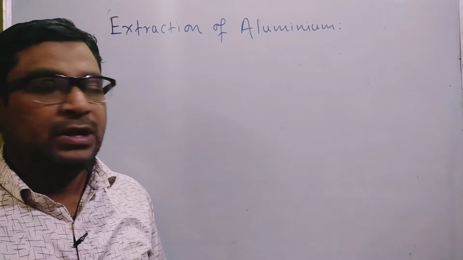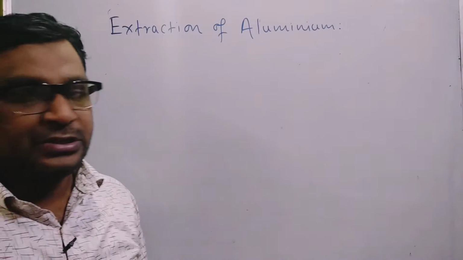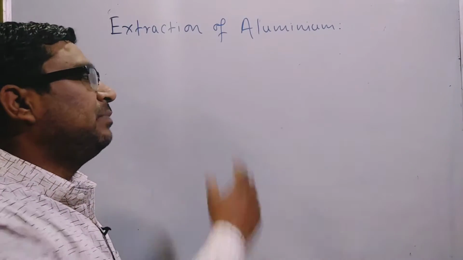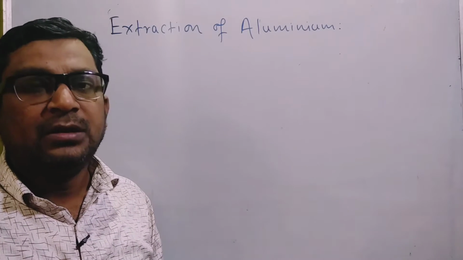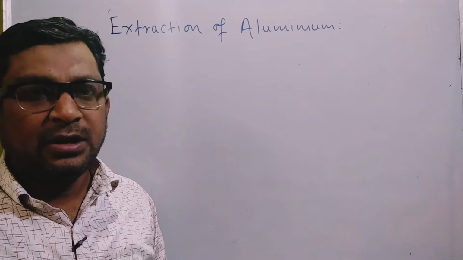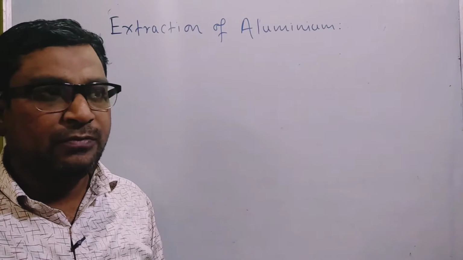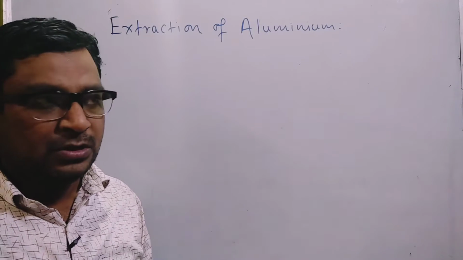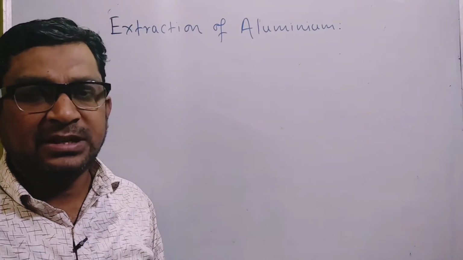Today we have a new point for discussion. It is called extraction of the metal, and as the metal we are taking the example of aluminium. This is the chapter called metallurgy, basically for the 10th standard. Before that, I uploaded one video on YouTube regarding the extraction of a moderately reactive element, in which we used zinc as an example.